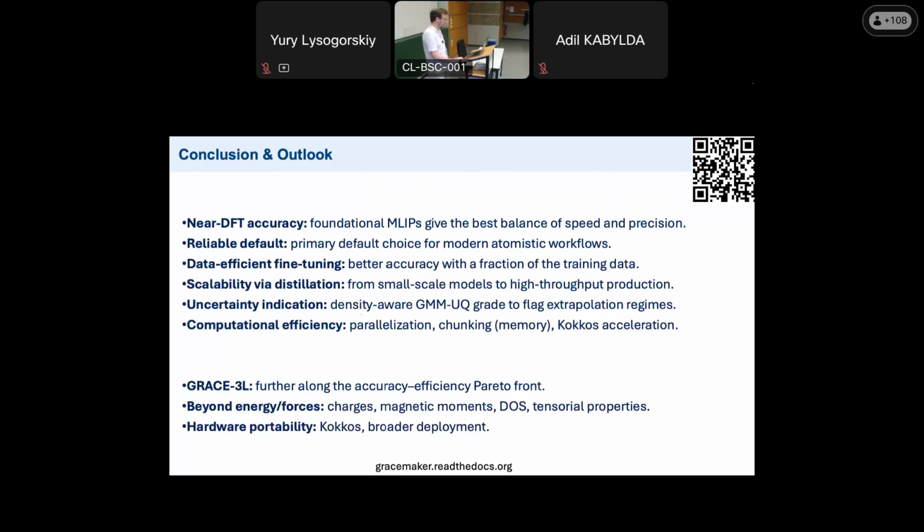All right, and with that I'm on my conclusion and outlook. Foundational models in general, or we may also call them general-purpose machine learning force fields, are quite a good default choice to start studying your system. Nowadays most of the foundational machine learning interatomic potentials are converging in accuracy. We can still fight a little bit for the Pareto front of computational performance and accuracy, but they seem to be converging, so maybe